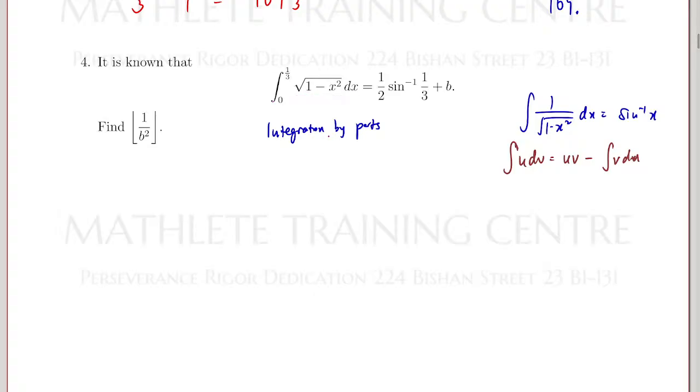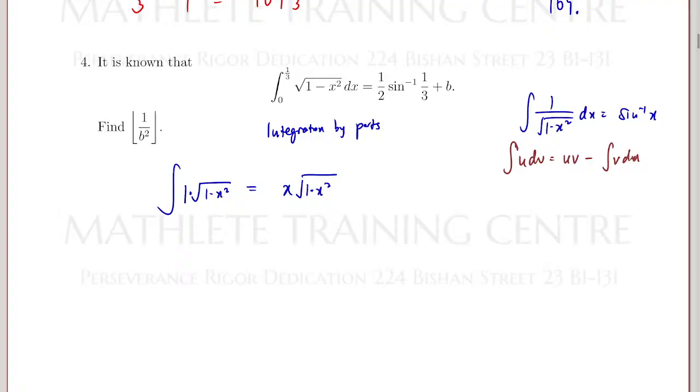Well, actually it's going to be 1 times this, and this is the dv part. So integration by parts tells you, if I integrate square root of 1 minus x squared, I'm going to think of it as 1 times this. So first I'm going to integrate the 1 to get x times square root of 1 minus x squared. And then I'm going to,